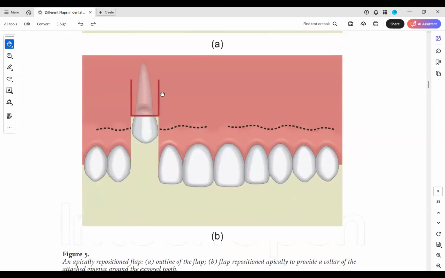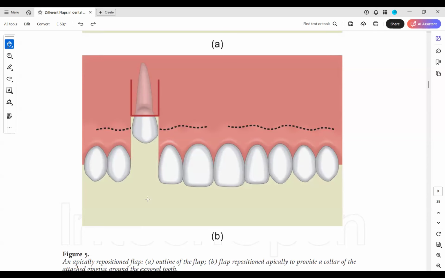This is the apically repositioned flap, and there is, see, no bone here because you have created the bone defect. Whatever bone was there, you have created that window defect and you have exposed the canine. So all the bone above the canine has been removed. And as your canine will supra-erupt, will new bone formation not happen? If you're wondering, Aurora and Richa, how that defect will be compensated, tell me now. All the bone that was above the canine. That is why the case selection is extremely important.